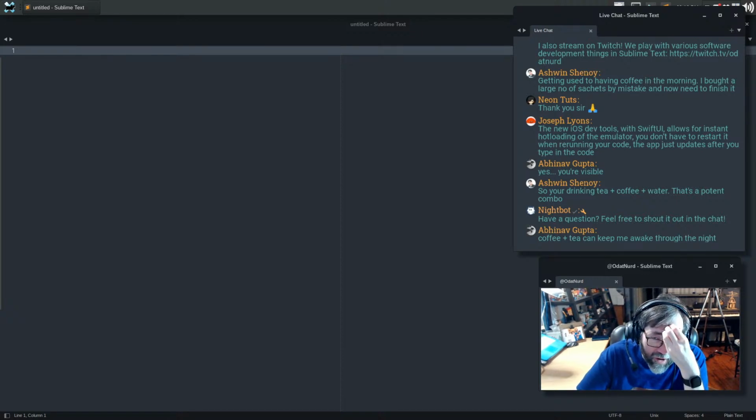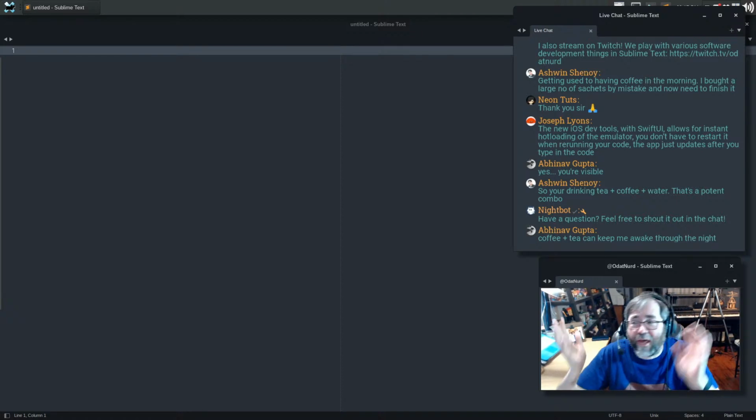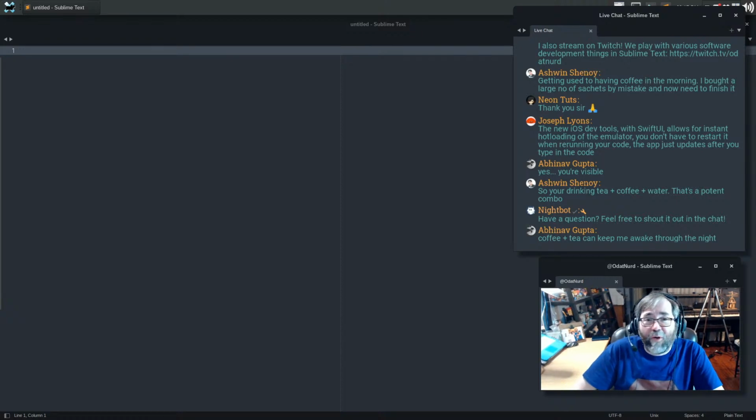I have some sort of weird metabolic thing where caffeine doesn't keep me awake the way that, as some people say, they drink a cup of coffee and then they can't go to sleep at night. I could fall asleep in the chair sitting up with the lights on after drinking a pot of coffee. That's never been a problem.